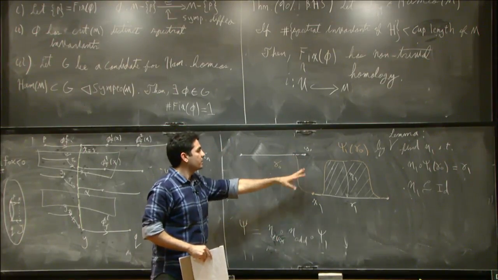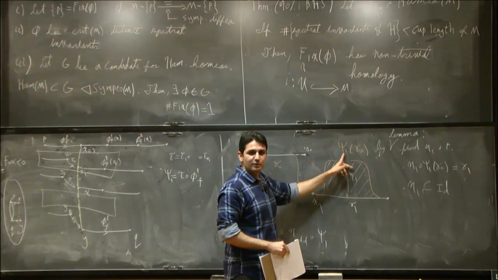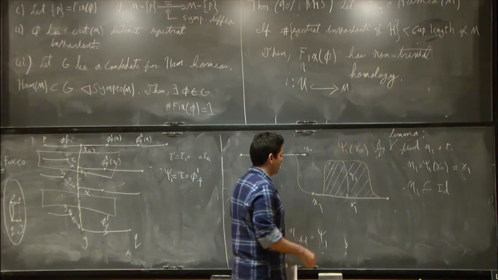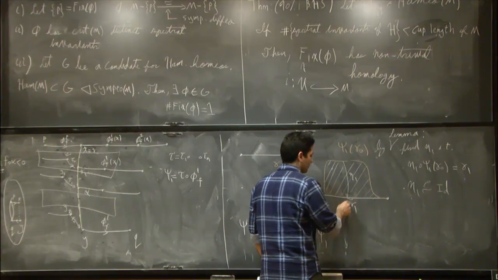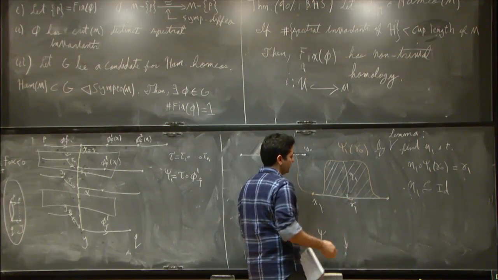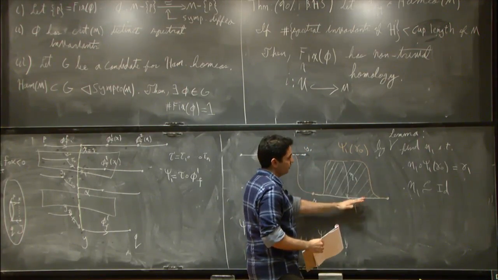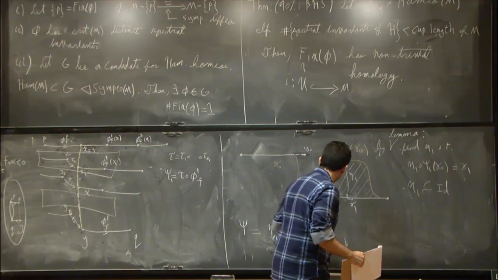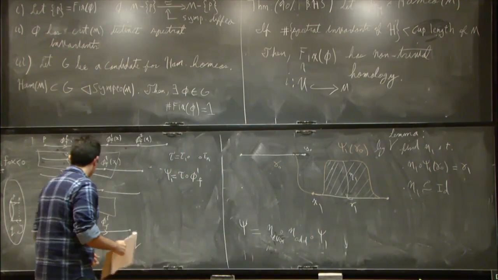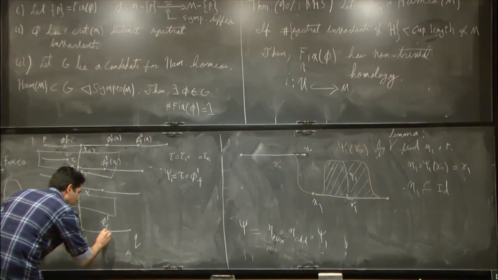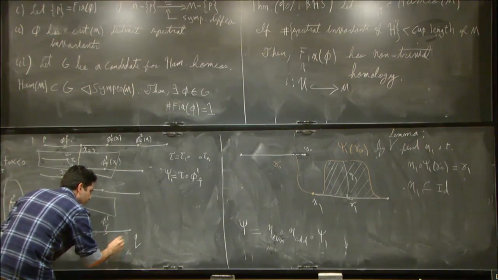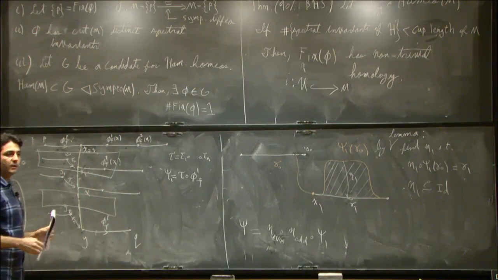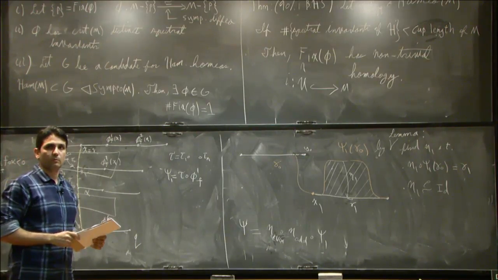OK, then there are some problems to take care of, like the fact that these two didn't have the same action. So then you come back. You make a C0 small perturbation where you're using 4-dimensionality again to adjust the action. And then you can do this. And then you have to carry these action adjustments all the way to the end. These action adjustments will go all the way to here. There will be many action adjustments close to Q, and that's where you actually get the non-smoothness of the curve and the homeomorphism.